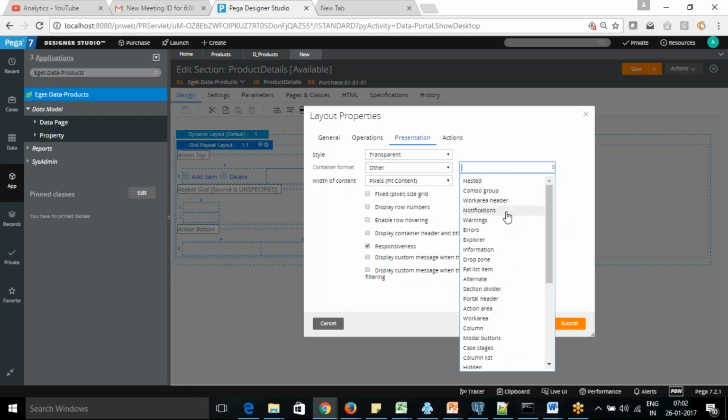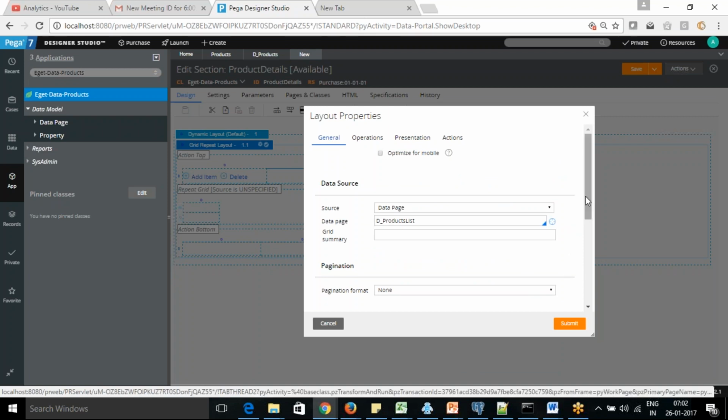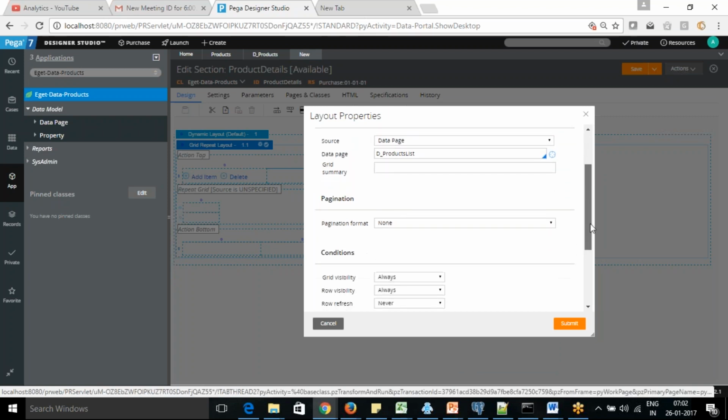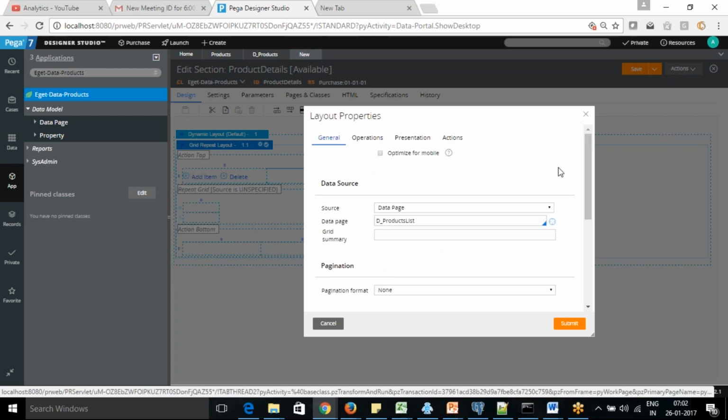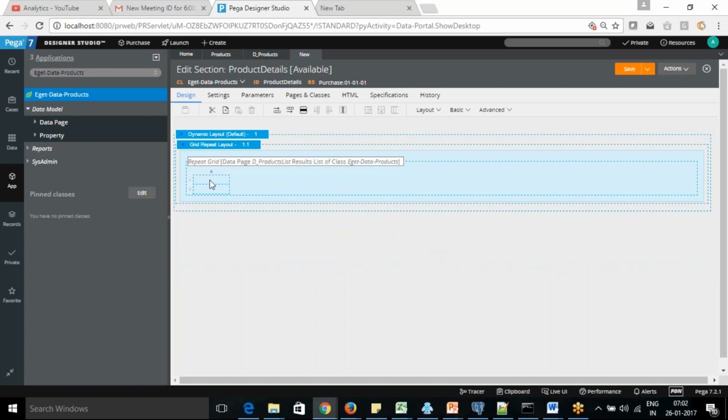Okay, fine. Actually, we're just going for information. And there is one more option. You have, no, grouping is not in this. Okay, so let's say we have done that. We click on submit. So now we can see that the information is here.